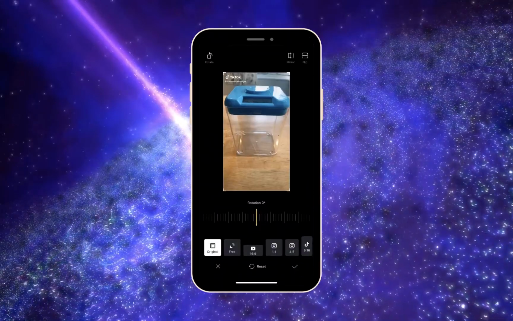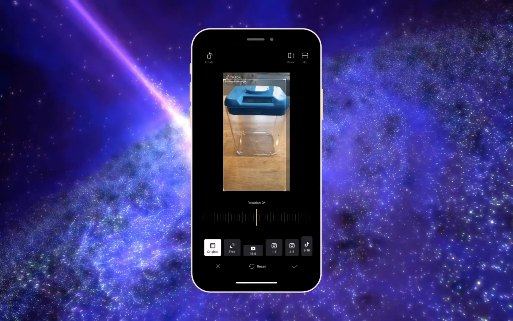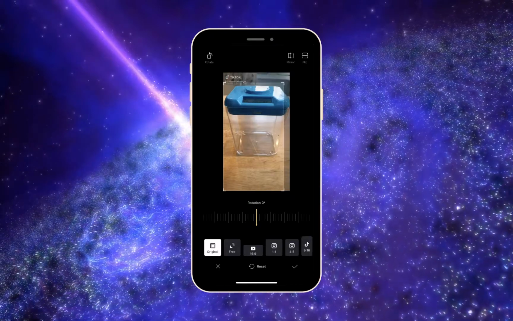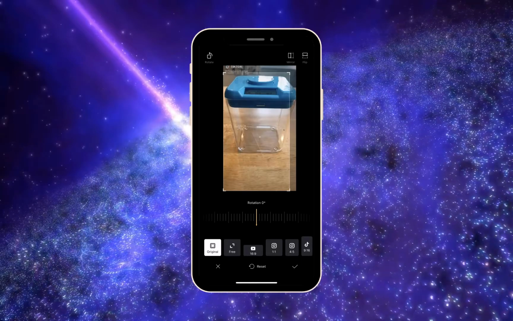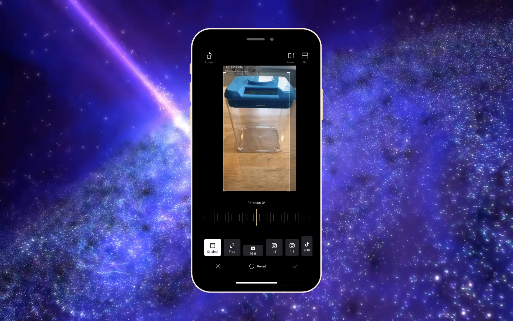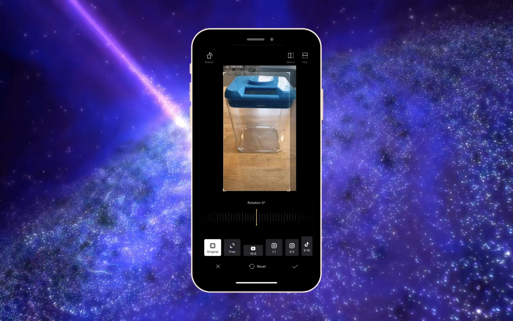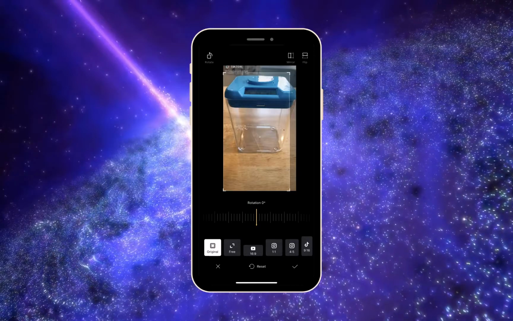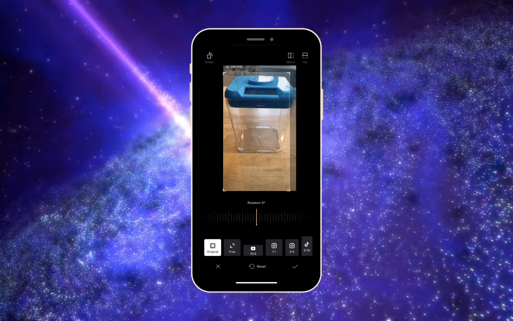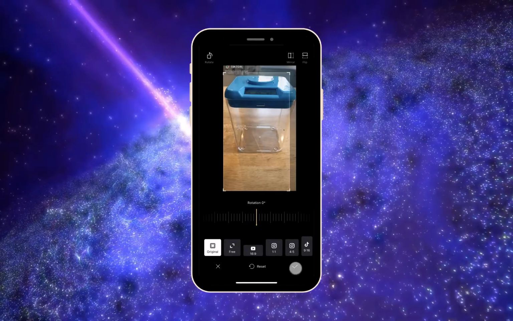And what I'm going to do is drag this top right corner down until you can't see the letters. So as you see in the top left corner, I'm sorry, I think I've been saying right this whole time, but left, top left corner, as you can see the lettering is not visible. So now click the check in the bottom right,